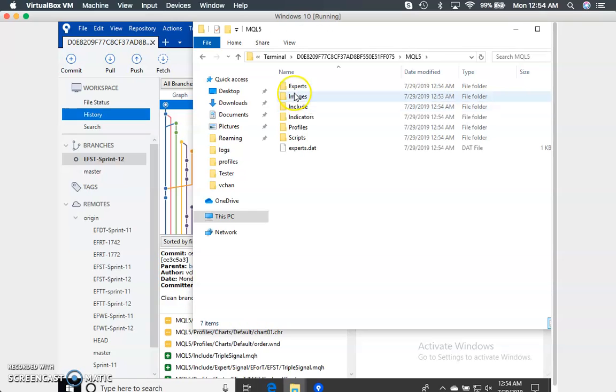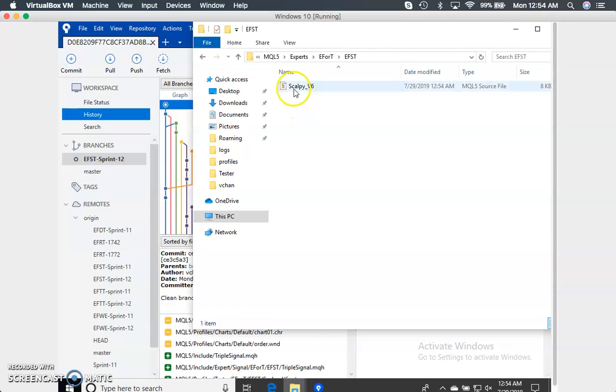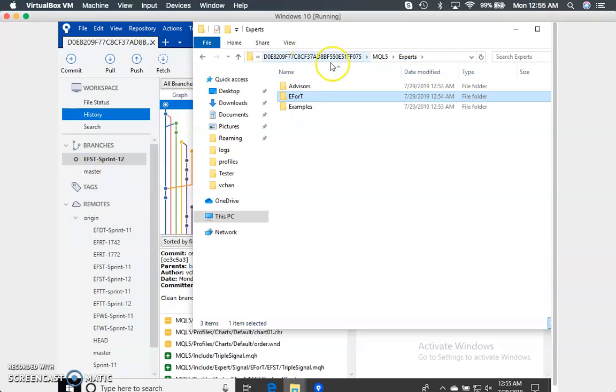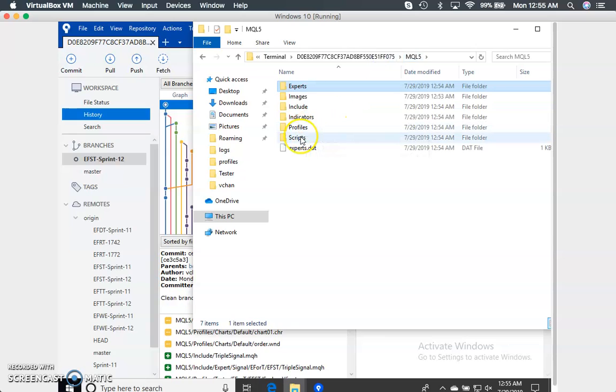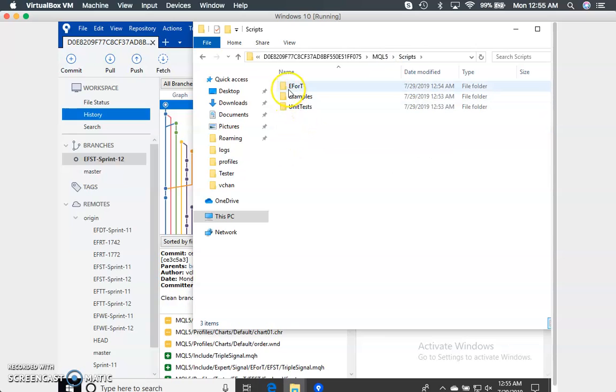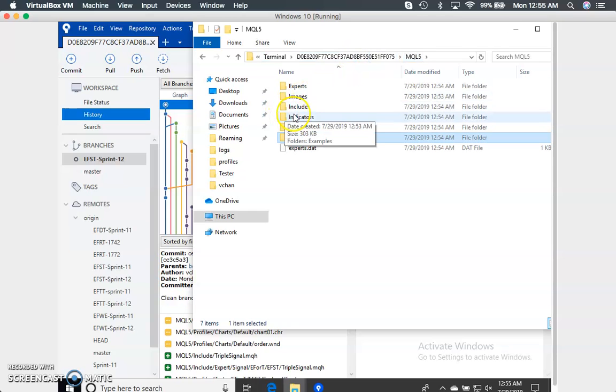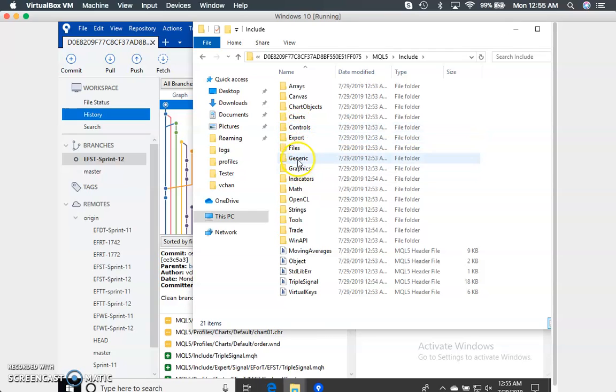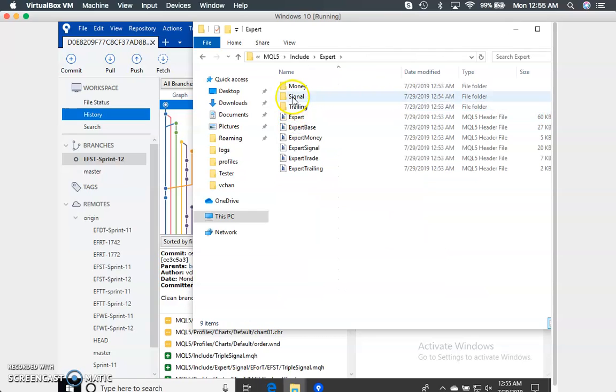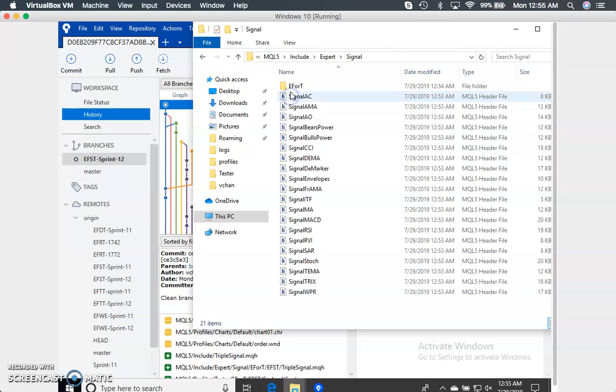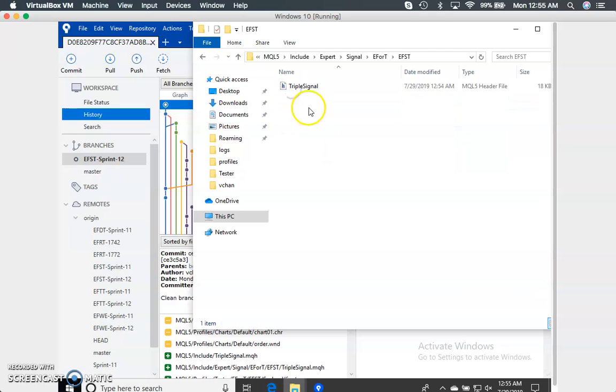So we'll head over to MQL5, Experts, EFST, and we'll find our expert advisor right over there. We can go ahead and check for the Scripts, EFST, and you'll find my account reports. Check Include, Experts, Signal. You'll find the triple signal for the expert advisor,